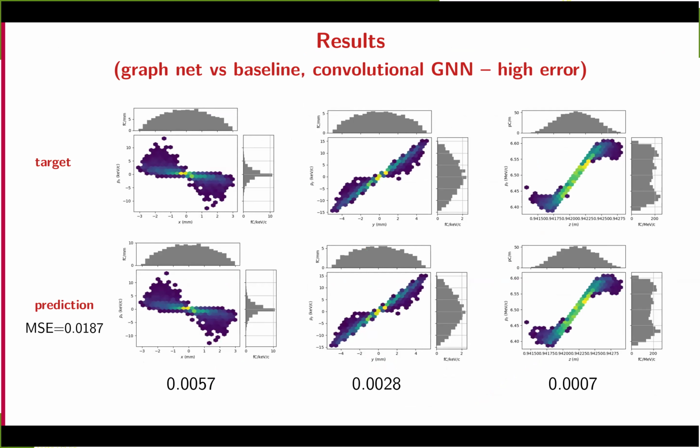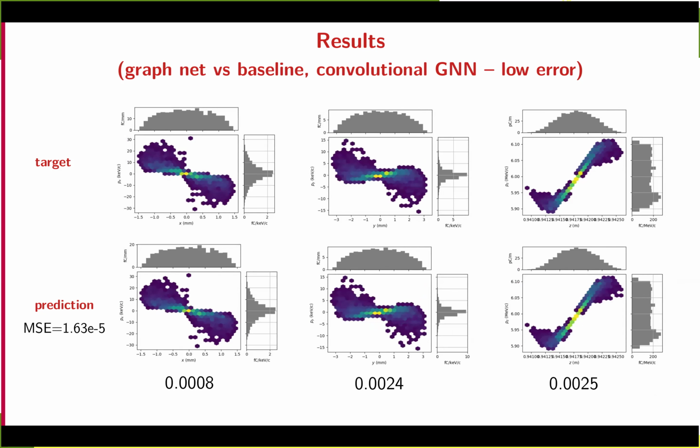Here we're comparing the GraphNet with a baseline with some quantitative results. So here we're in phase space for X, Y, and Z, and there's the emittance error in X, Y, and Z, and it's a relative error. And this is the highest error in the validation data set. So this is considered excellent as the highest error. And this is an absolute error over the whole variables. And this is the lowest error.